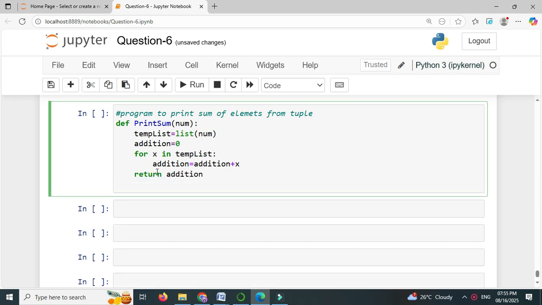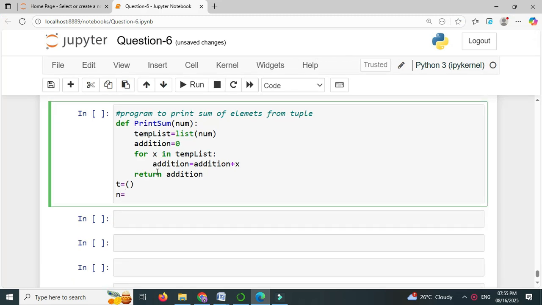Then we will accept the tuple elements from the user. For this, first we will define empty tuple. Then we will accept total number of elements that we are going to accept from the user to store in tuple. So n equal to int input, enter total elements,